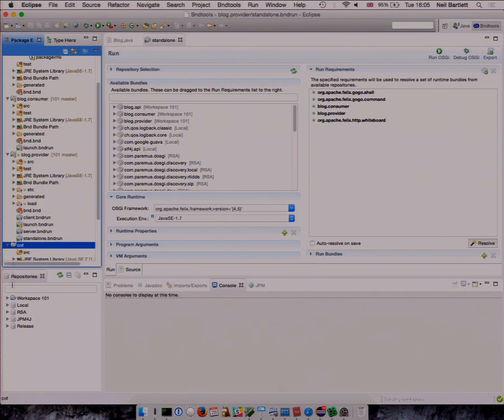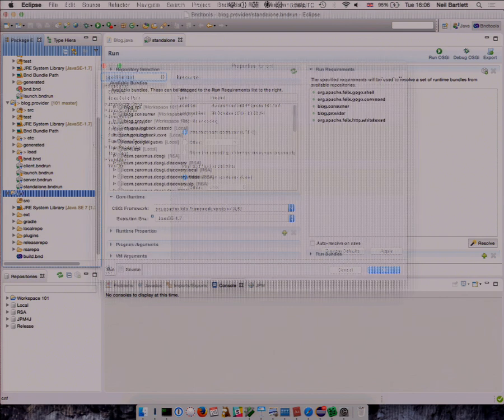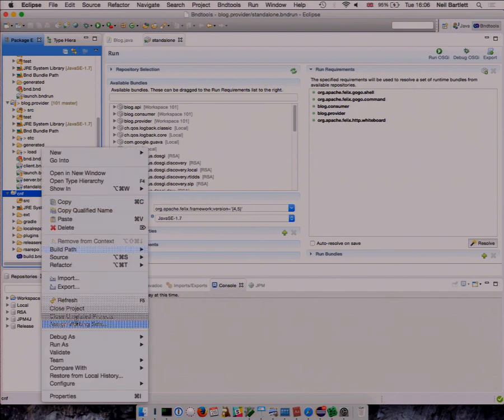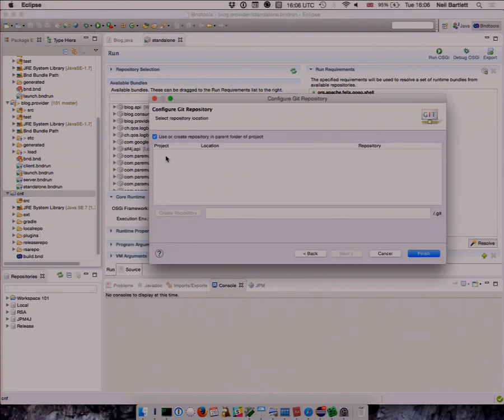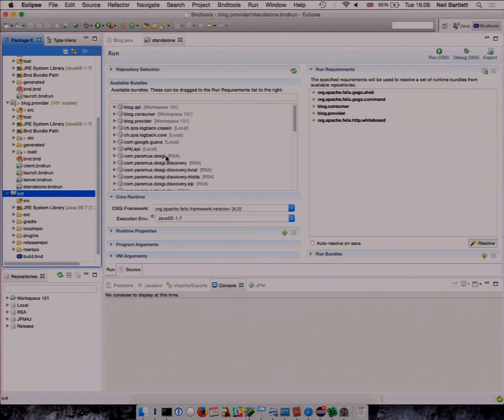It probably is. I just haven't linked it in with JGit. Team share project. Oh. It should be. I don't know why. Just a mistake.